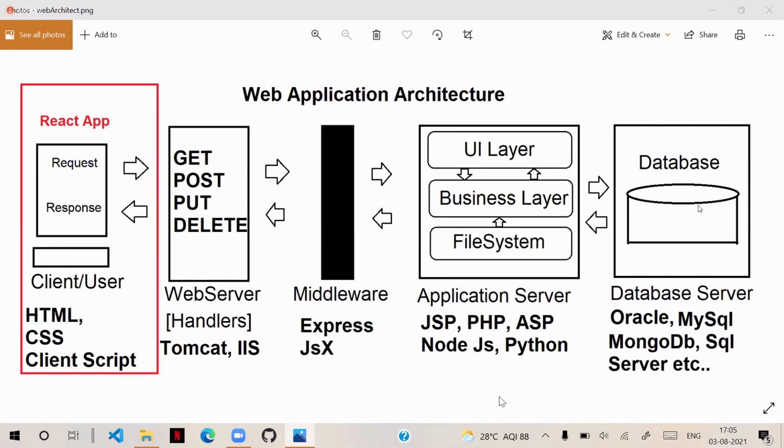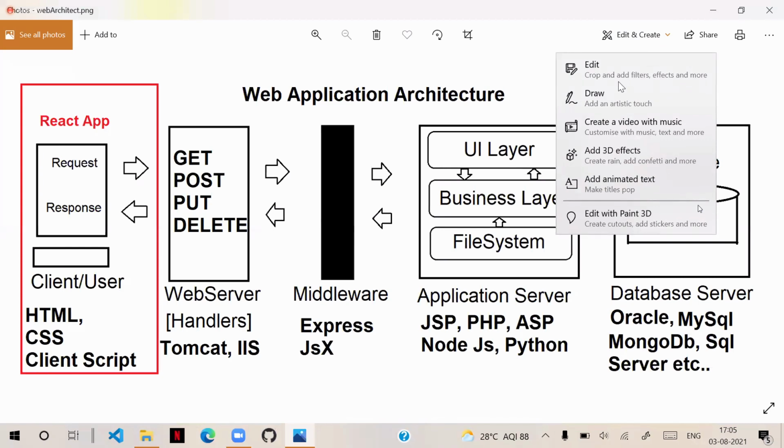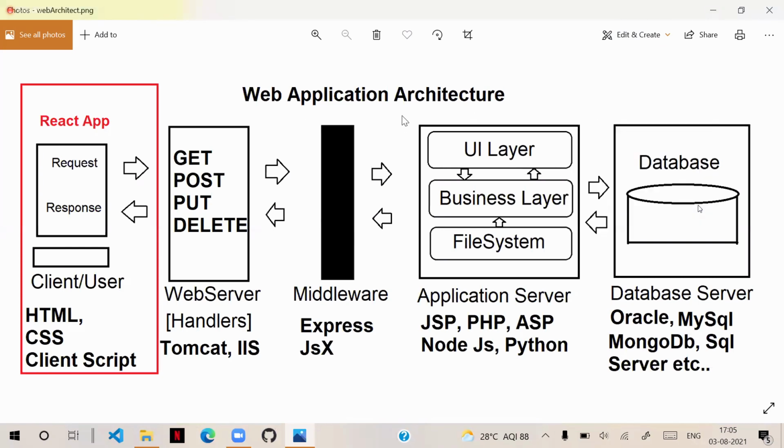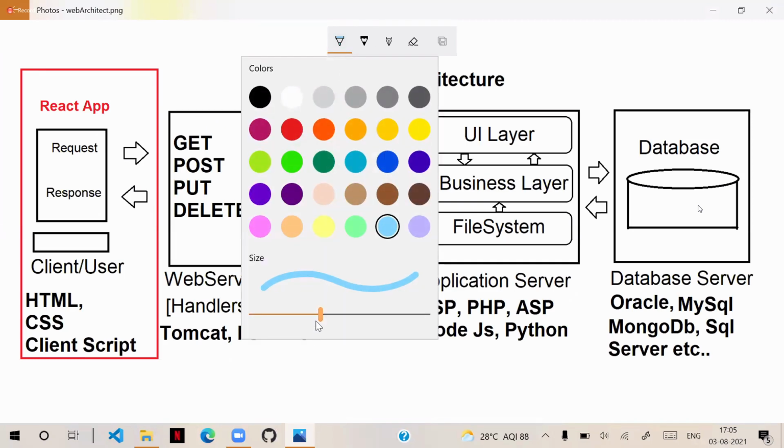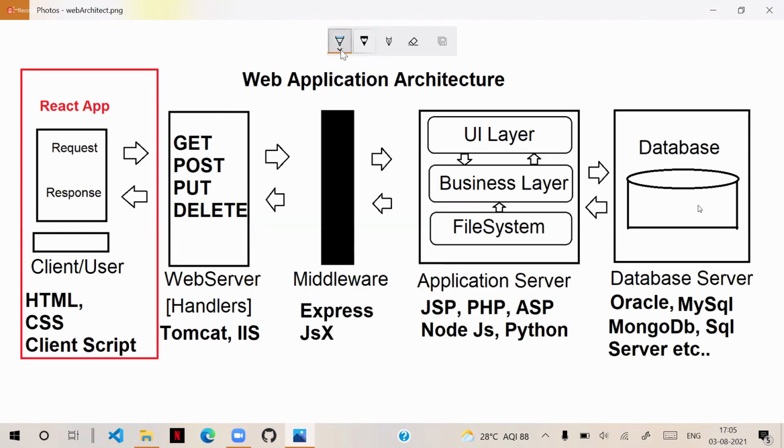Now what we have done is, we have handled these two things currently. One is this area. The client side technologies we know.